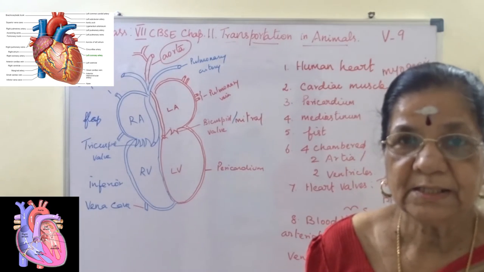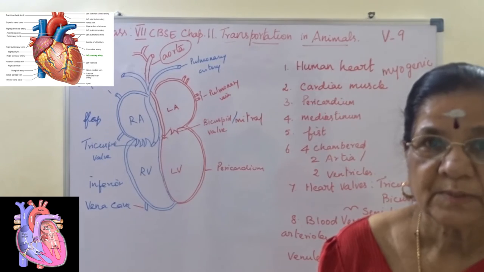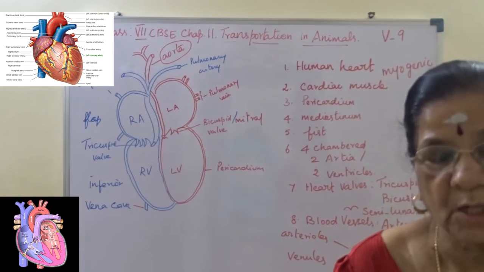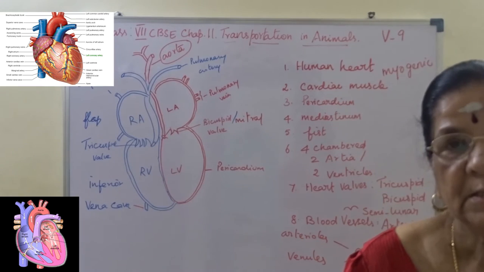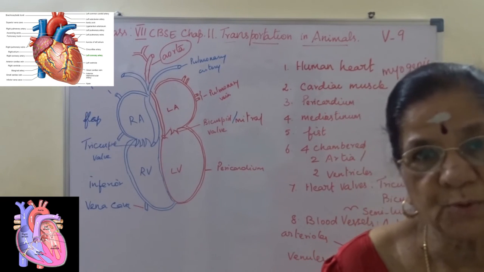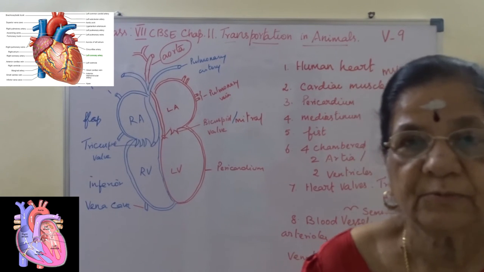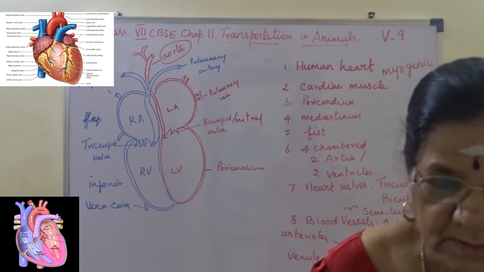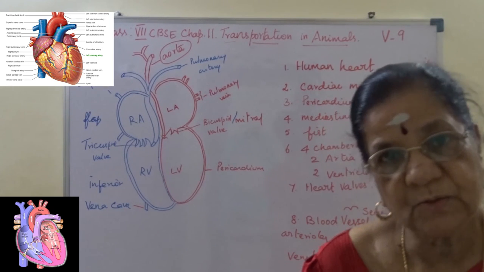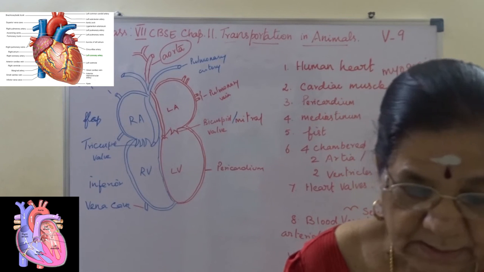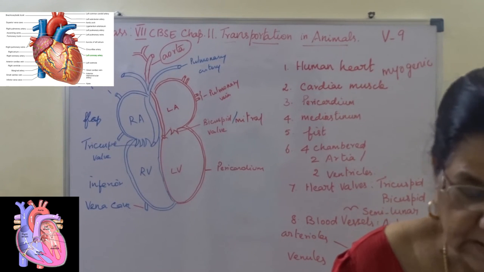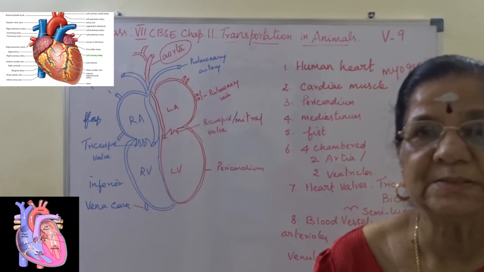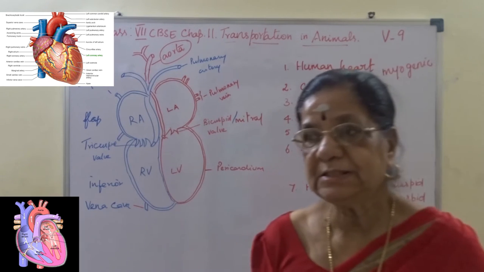I hope you understand. And arteries carry blood from the heart to other organs. It is transporting oxygenated blood from the heart to different parts of the body, and the wall is thick and elastic, and it is found deep inside the muscles, and there are no valves present in it. Now we say